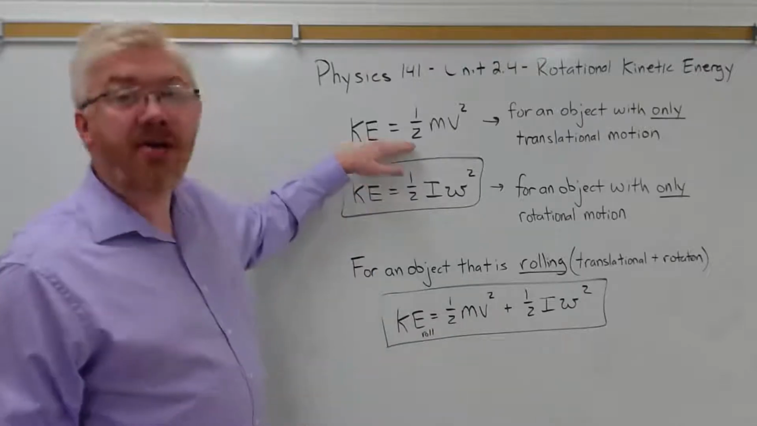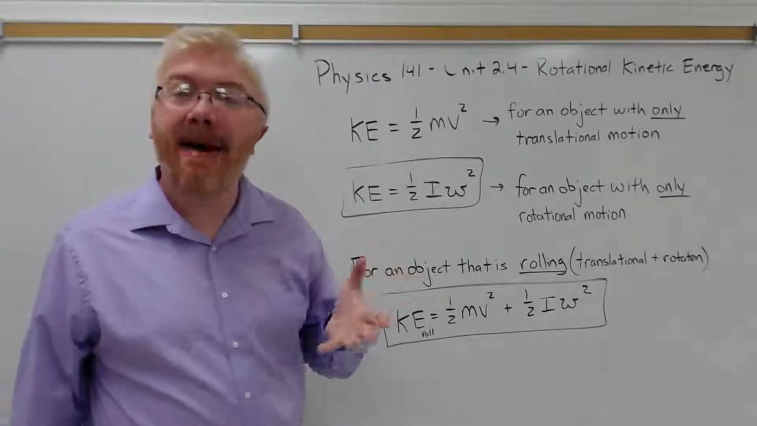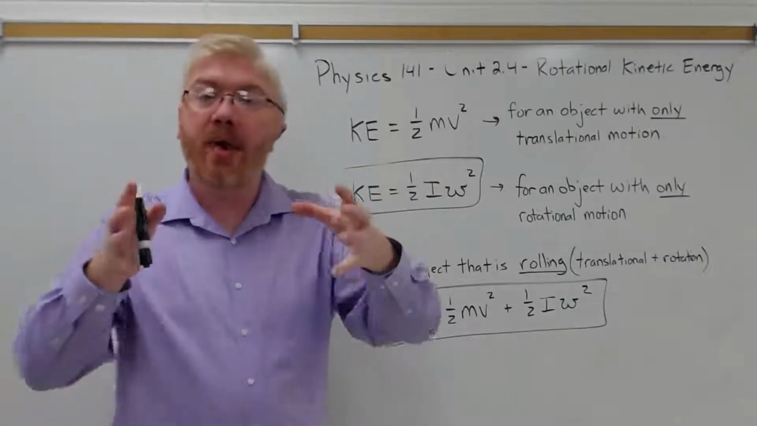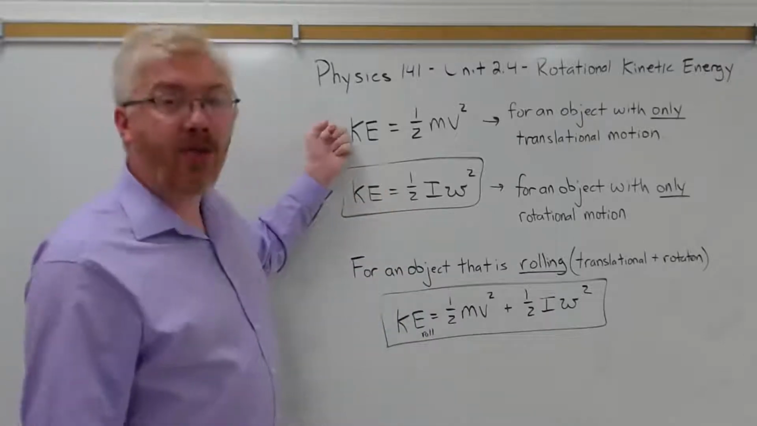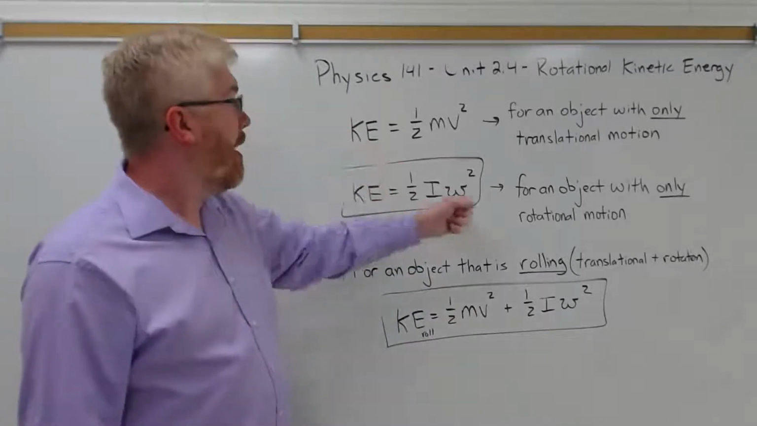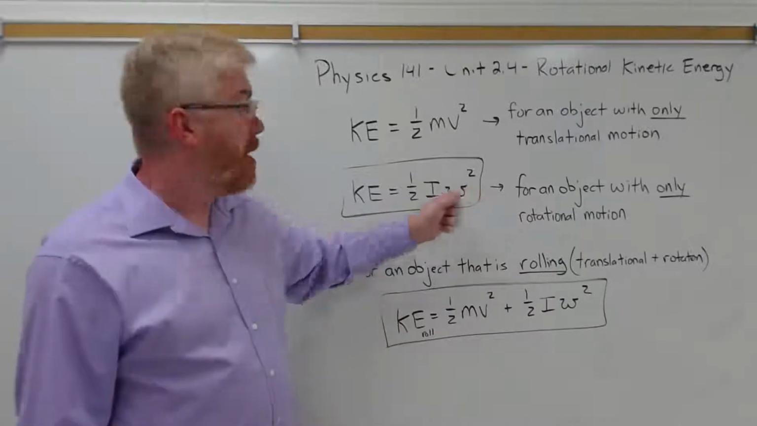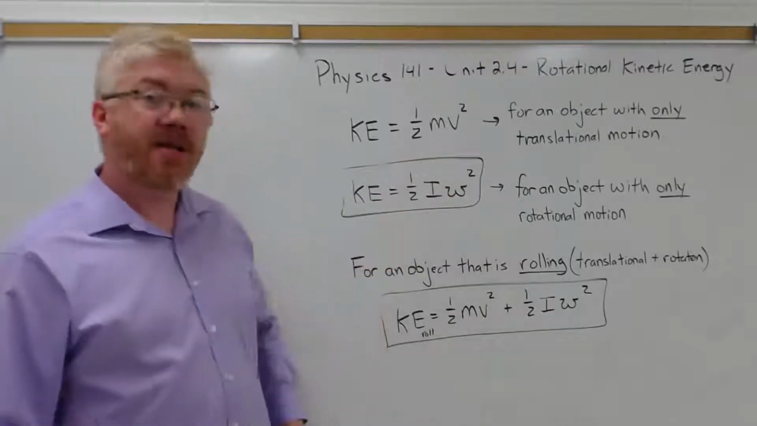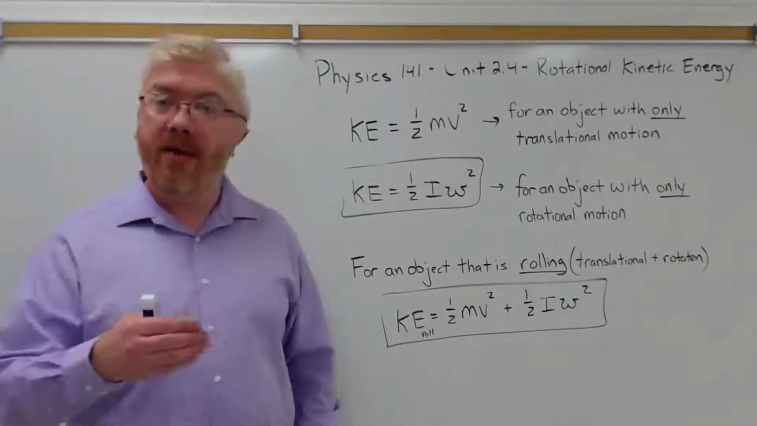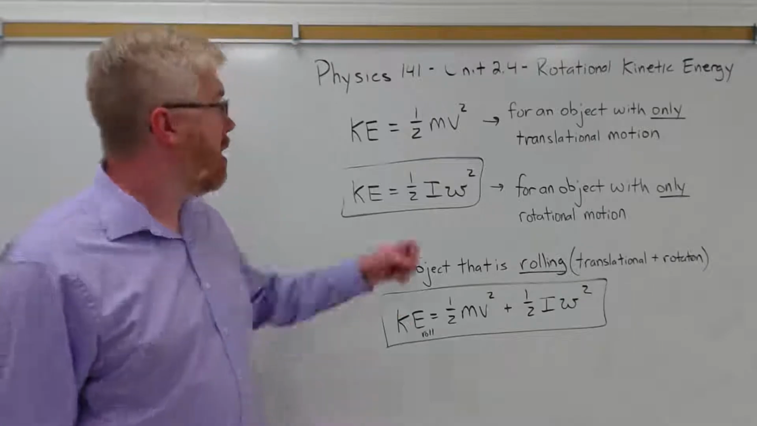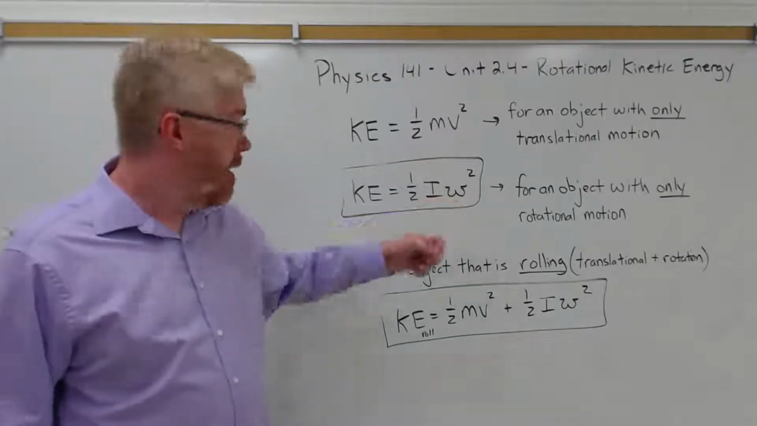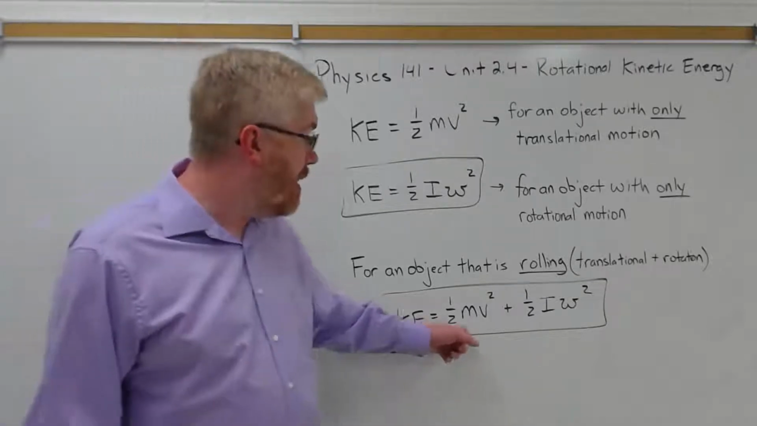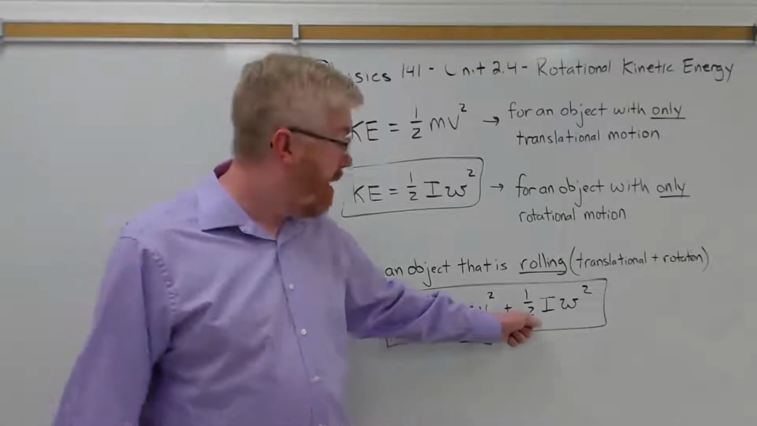So if you have translational motion, if the center of mass of the object is moving in the X, Y, or Z direction, then you have to look at the translational kinetic energy of that object. If that object is rotating, then you need to look at the rotational kinetic energy of that object. If the object is rolling, moving translationally and rotating, you have to combine these two. So the total kinetic energy of an object is dependent upon the linear or translational kinetic energy and the rotational